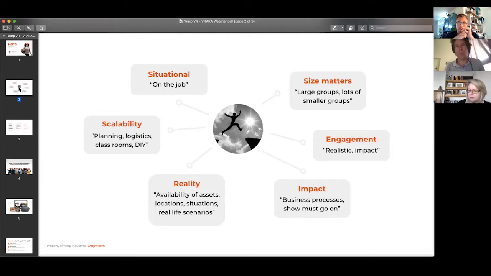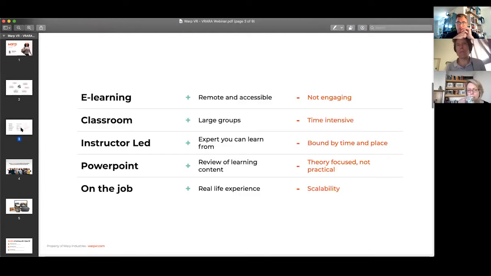So those are some of the wishes. If you look at the different ways of training currently used by these organizations, it differs from e-learning, which is probably the last one that entered the learning and development space, to a lot of classroom training, instructor-led training with lots of PowerPoint, and on-the-job training as the real-life experience form of training.